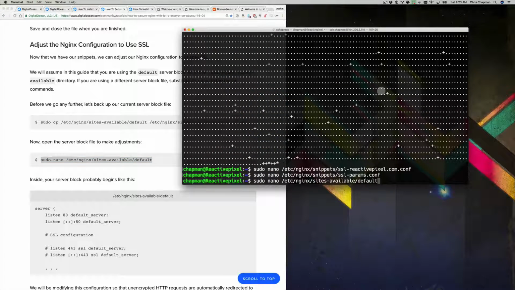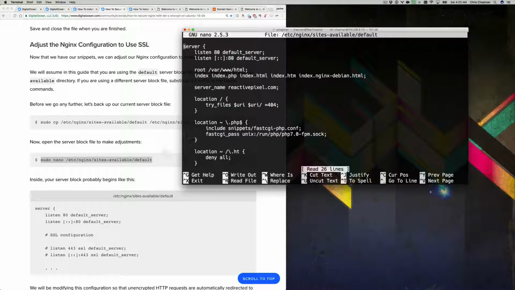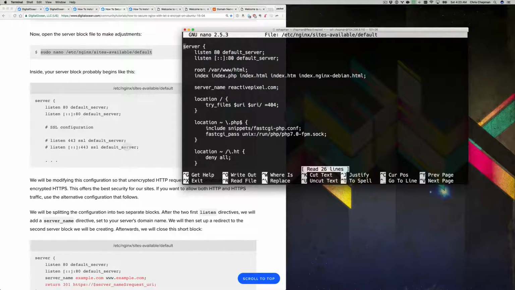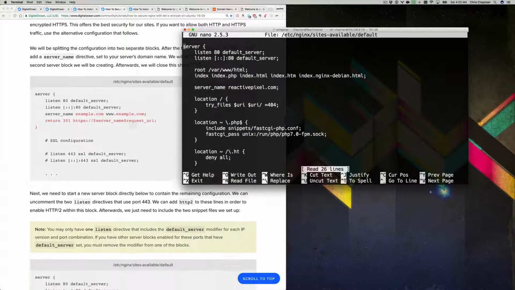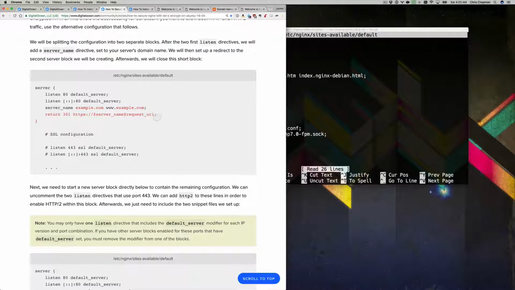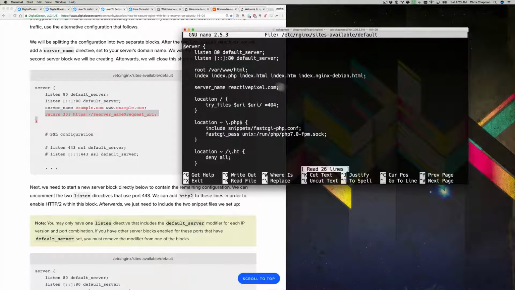So now that that has been changed, you'll see actually right here they're making a backup of that, but we don't need to do that. We can just directly edit our default server, and we're going to modify some things here. We're going to set up our server to redirect if an unsecured connection comes through. So right here after